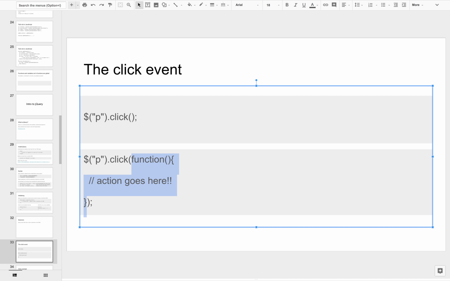Function pClicked, and I'm going to alert p was clicked. Everybody okay? So if I refresh this and I click on this, it shows the alert. Or I can bring back the details. It was hidden earlier, yes? I'm going to bring it back.